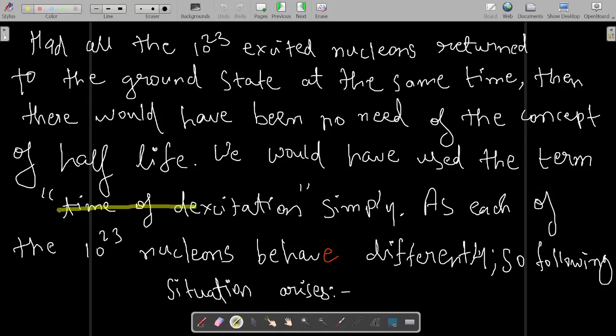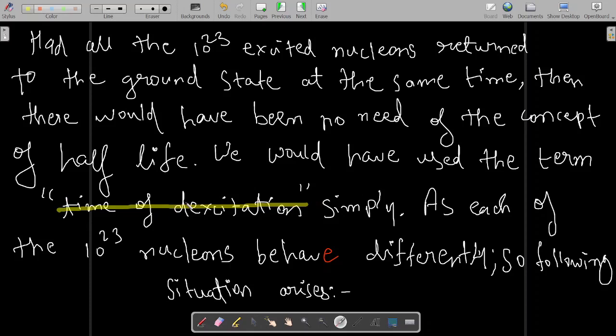Why is this concept rejected? Because all of them are not returning at the same time. There is no sharp time of return. Each of the nucleons is behaving in different nuclei. The single nucleon which is excited returns to the ground state at different times. So the concept of time of de-excitation,